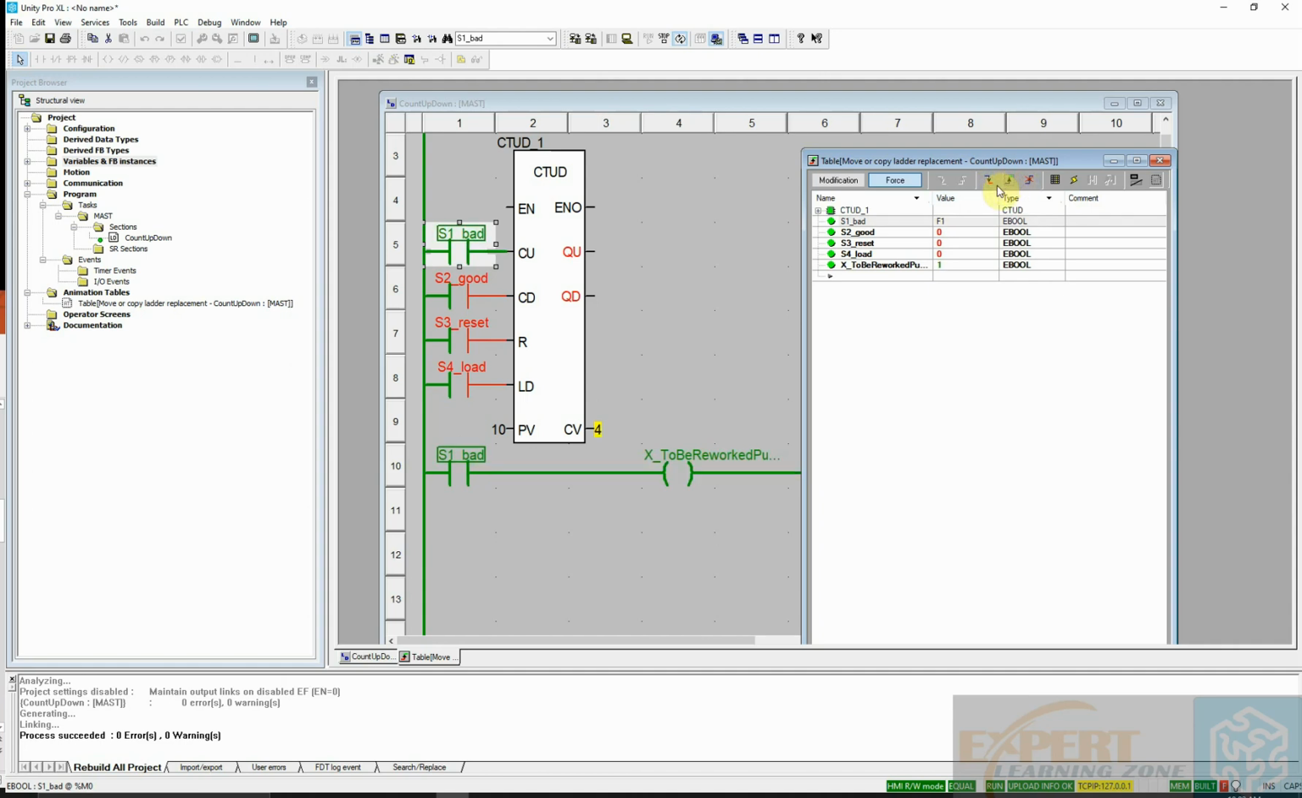Okay, so we are now at 4. We can be counting up and down. We are now at 5. You can clearly see that none of these outputs are high because the current counter value is neither greater or equal to the preset nor less than or equal to 0. So I will progressively increment it. And if I decide now to assume that a good part was detected,